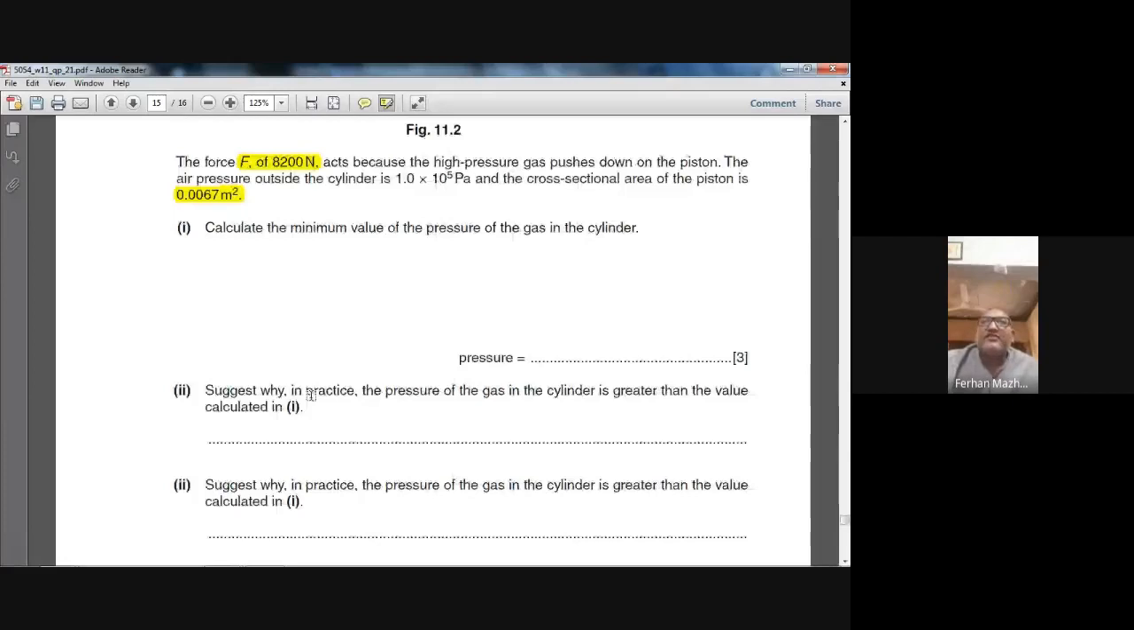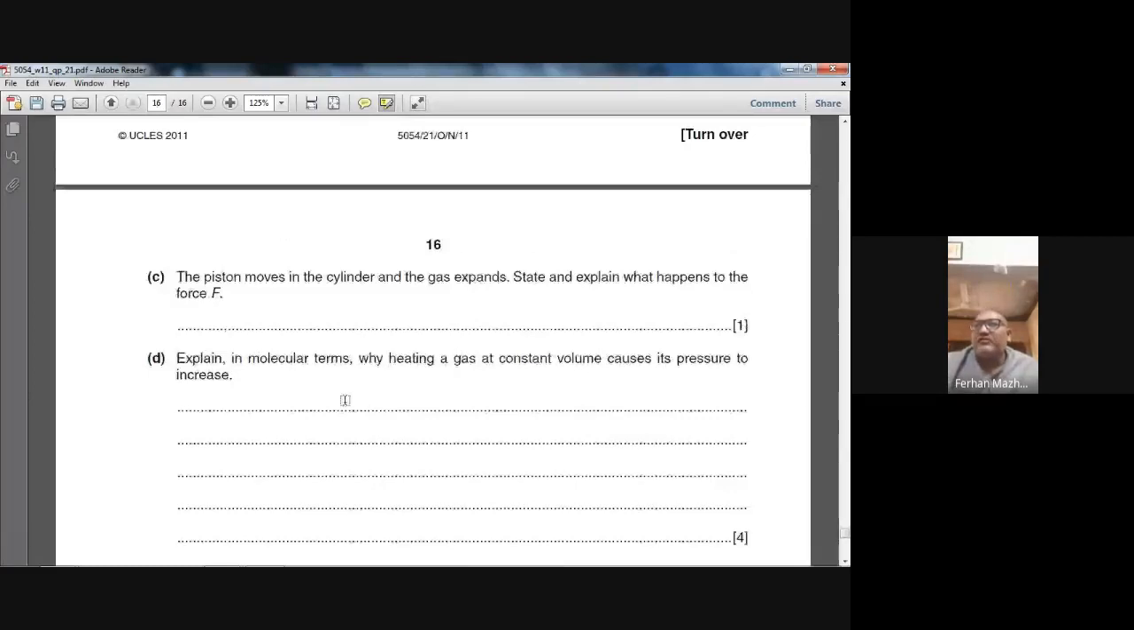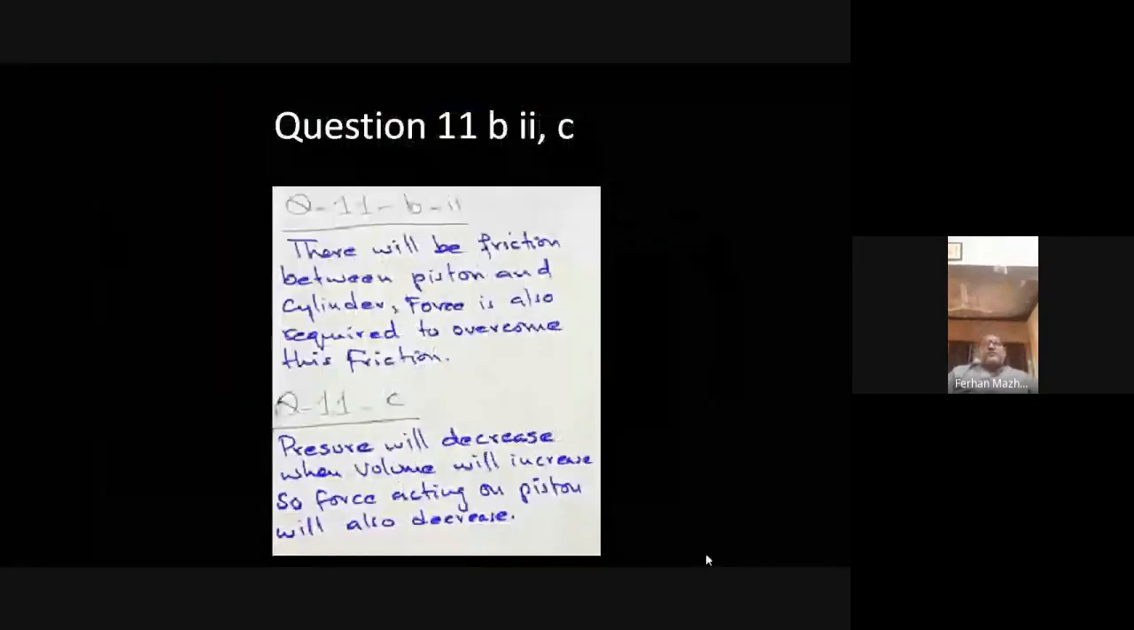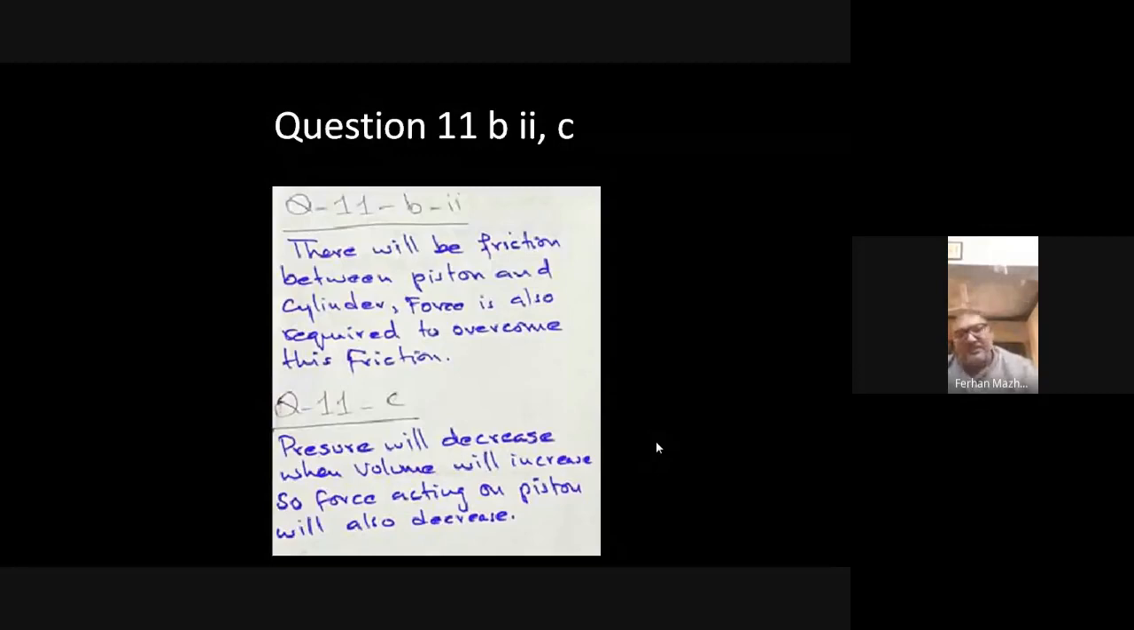State and explain what happens to the force F. I've written this answer. Let me read. Pressure will decrease when volume will increase. So force acting on the piston will also decrease. We're talking about the gas pressure inside the cylinder and its volume and its pressure. Do you understand? Yes, sir. Okay, so let's see the marking scheme. Marking scheme says,